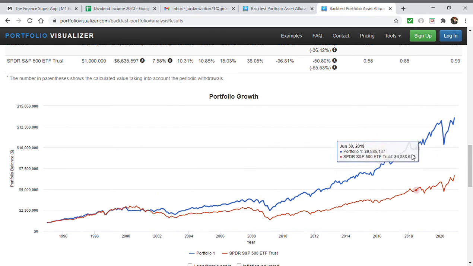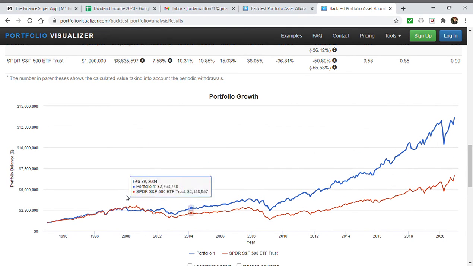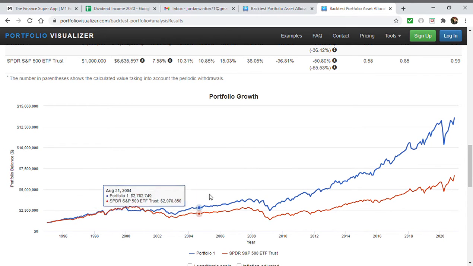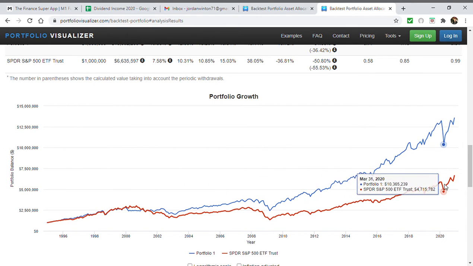And look at the fluctuation in prices. I'll just give you an example. If you started with $1 million back in 1995, and you kept that invested and you retired all the way until the end here in 2020, the main part to focus on is from January till March of 2020. At the beginning of January in your S&P 500 portfolio, you would have had 5.8 million and then a downturn all the way to 4.7. That's a $600,000 downturn in the matter of 60 days. That is a huge downturn.